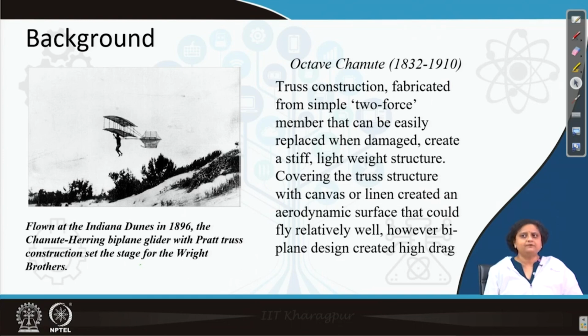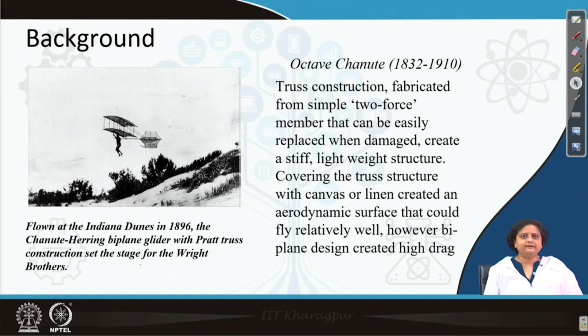The benefit of using truss structure is that it is extremely lightweight, and any part of the aircraft structure can be replaced without changing the entire aircraft structure. So, Chanute is called the father of aerospace structure, and